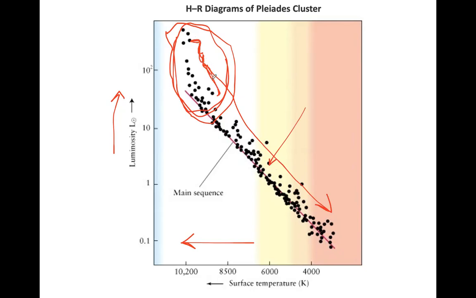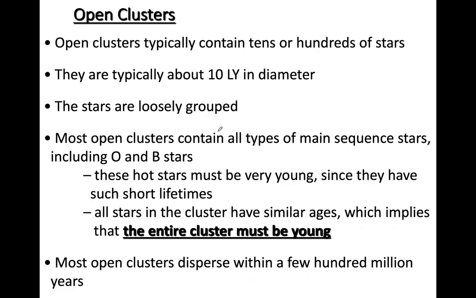Larger mass means their temperature is higher if they are on the main sequence, and their luminosity is higher. At the same time their nuclear reactions will be faster, so they will not spend much time on the main sequence, and there is a high probability that they will quickly move out of the main sequence. Now, this is why I have mentioned here that